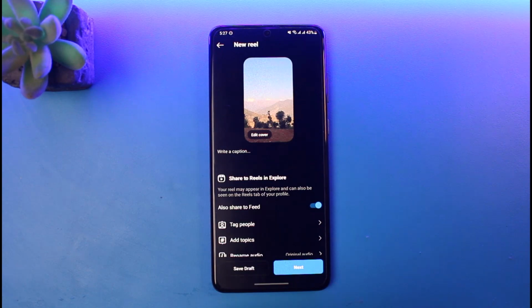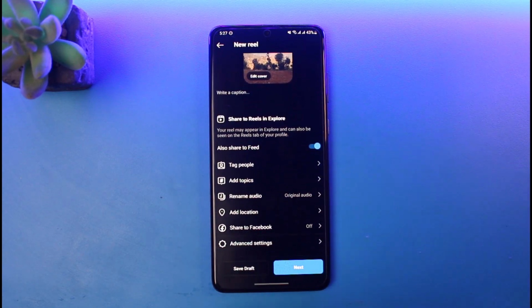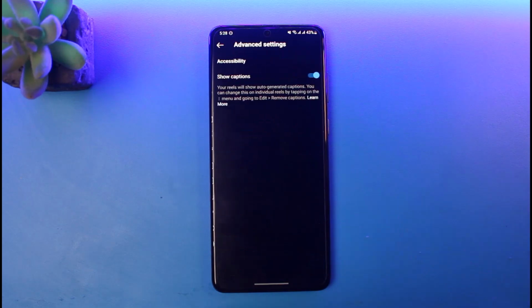And once you've enabled the reel option over here, you'll find a new option that says allow gift for this reel, which means that people who view this reel will be able to contribute to you via gifts. There will be different types of gift options such as it is right now on TikTok, but currently you can say it is not available because it's simply not showing even if I go to the advanced settings over here. But bear in mind that as soon as you get the feature, I'm going to update you about it,